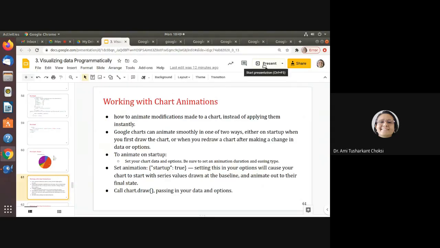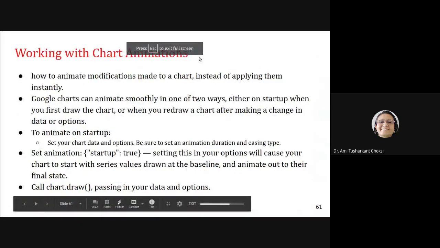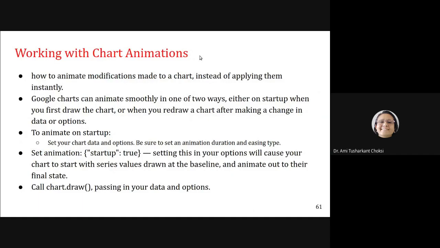Now, the next thing we want to learn is working with chart animations. Fine. So for that, let's see how to animate modifications made to a chart instead of applying them instantly.